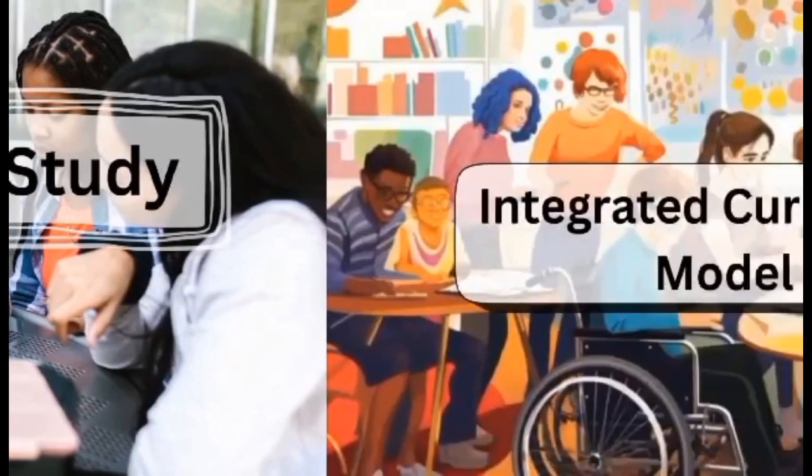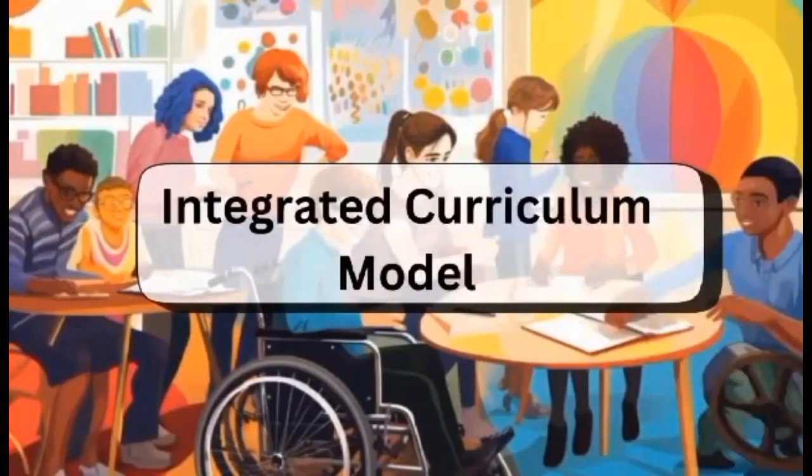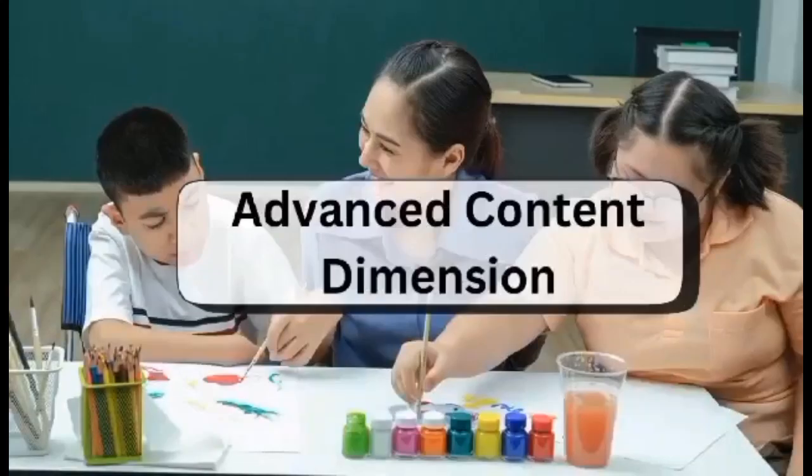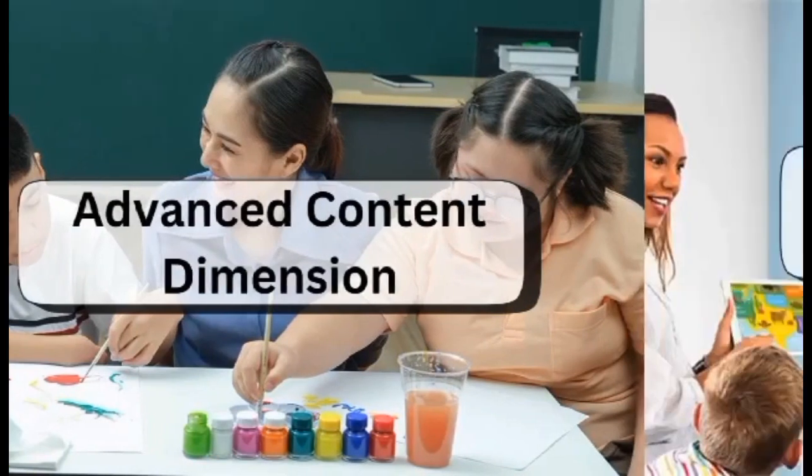This model is a popular way of organizing or designing different kinds of curriculum. It is presented in three dimensions based on the model of Van Tassel-Baska in 1987 that guides the development of the curriculum. In the advanced content dimension, the needs of the gifted students for acceleration are met by providing content earlier and faster than the same-age peers would normally receive it.